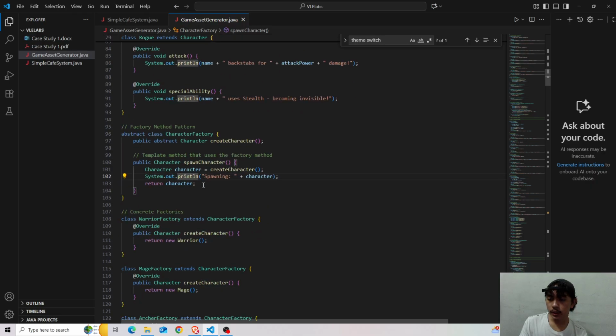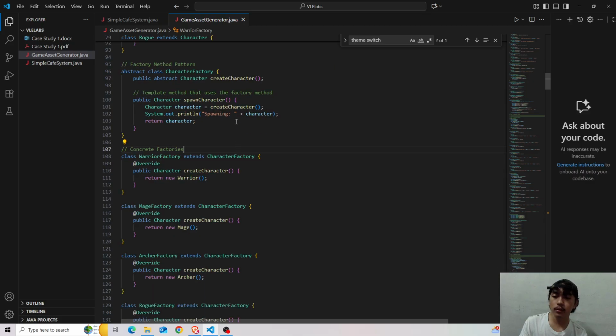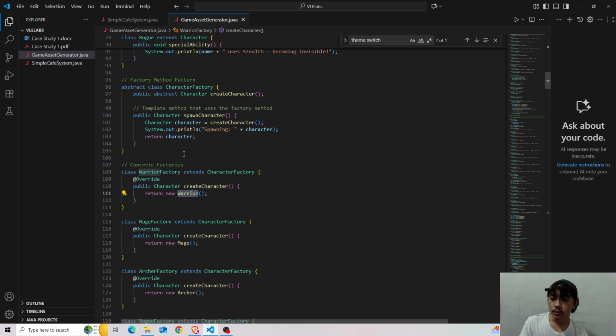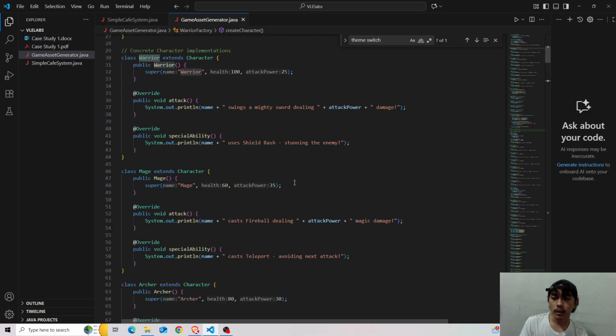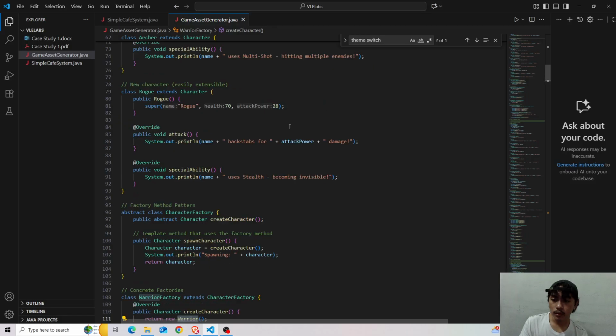Then where were we? Concrete factories. So the concrete factories are the factories that create each unique character. For this case, we have the warrior factory, which extends the factory method character factory, then overrides the create character method, right? So return new warrior, which we have added here on our concrete characters.